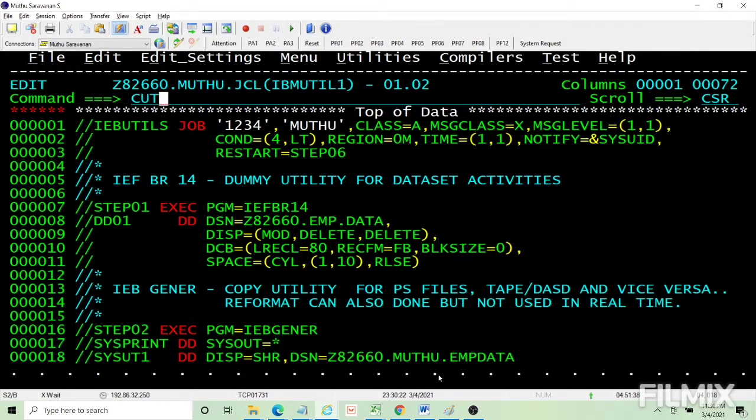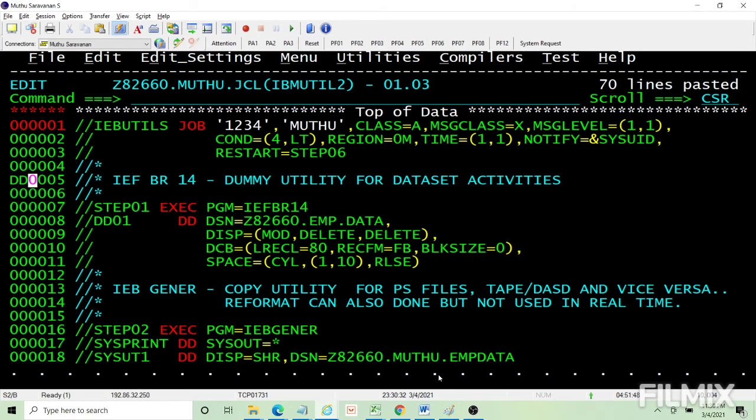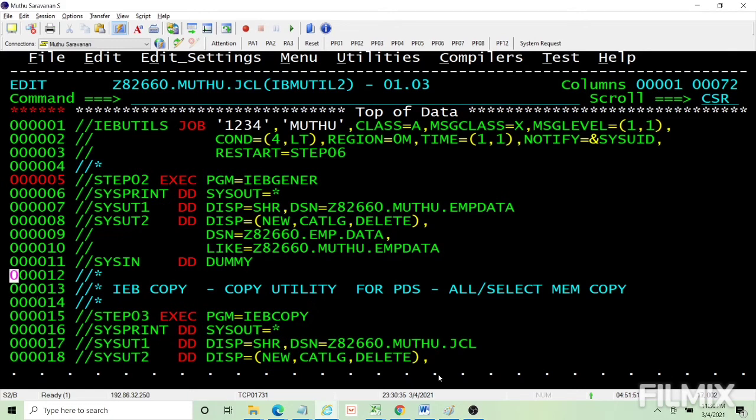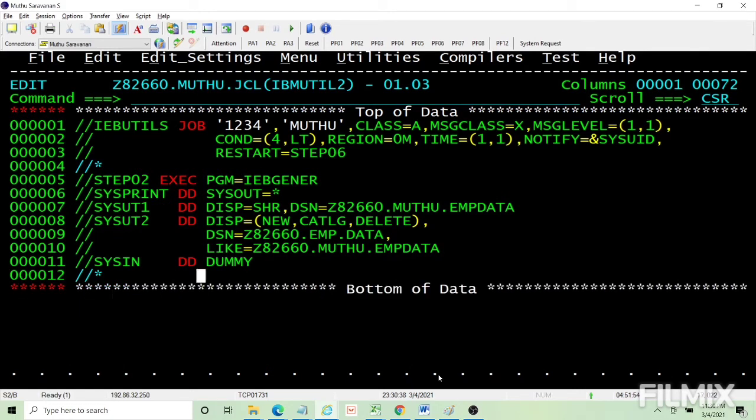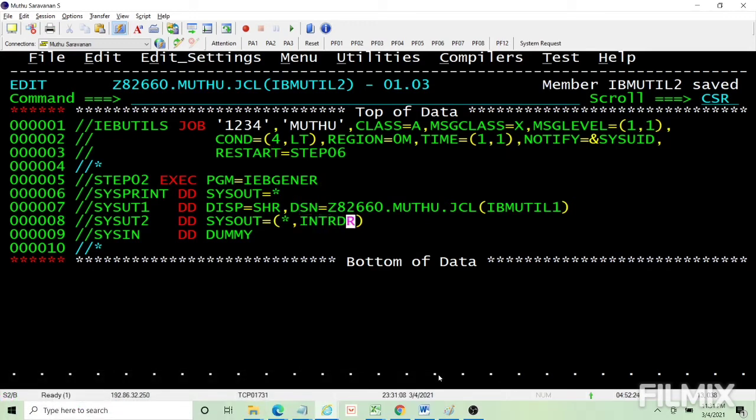What does INTRDR do? INTRDR is nothing but the internal reader.